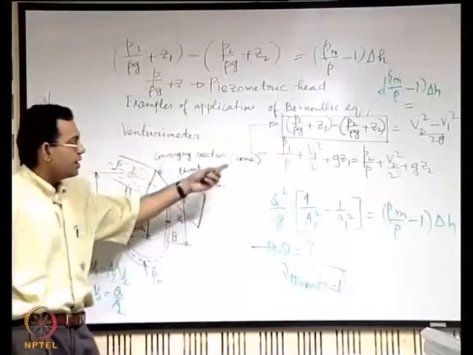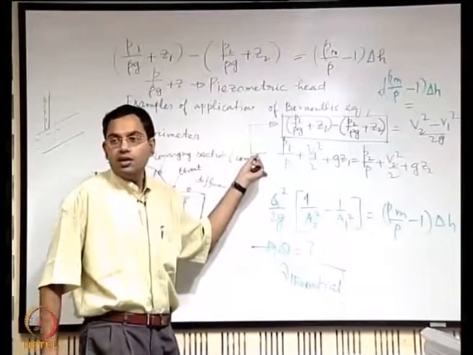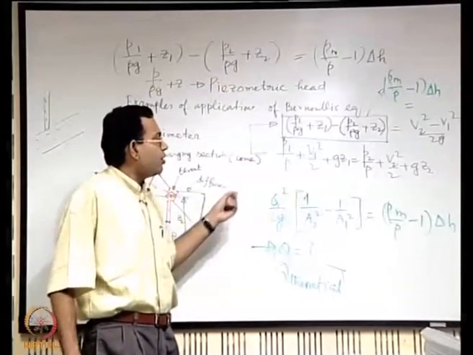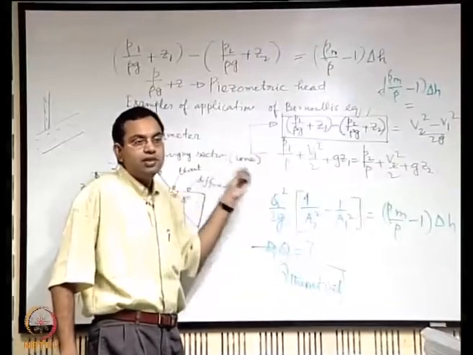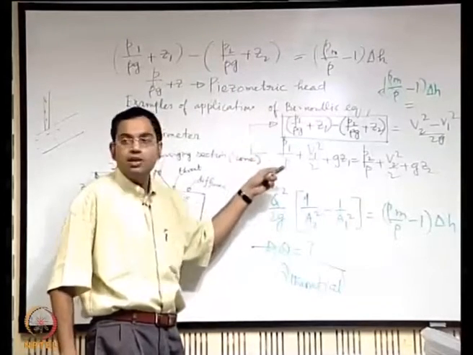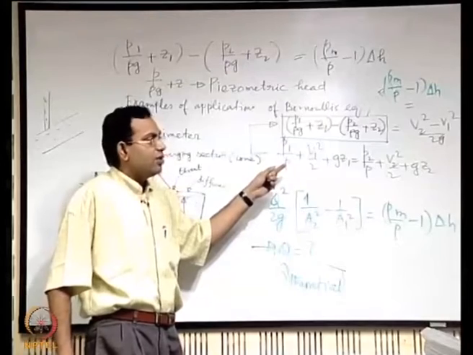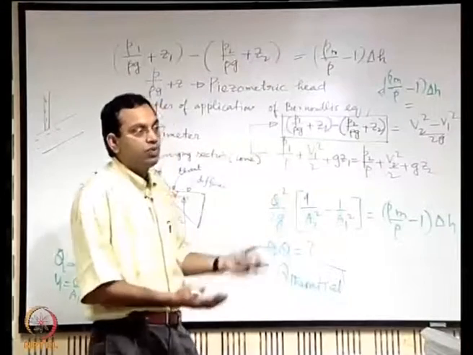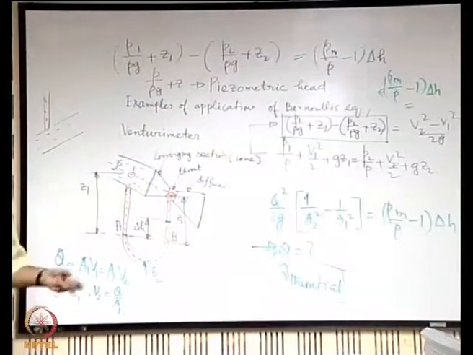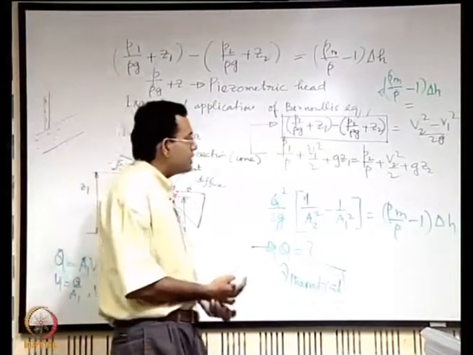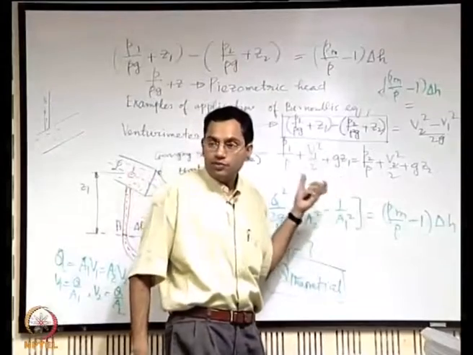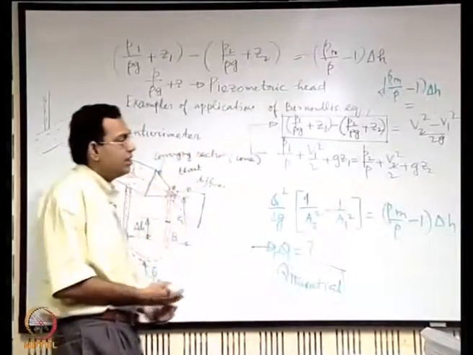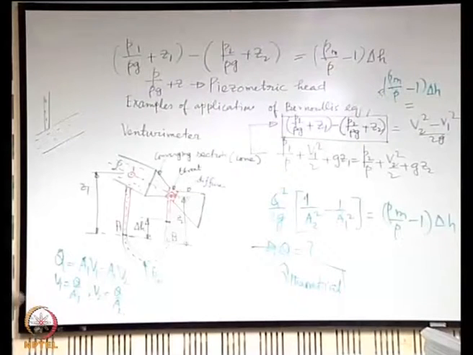The reason is that we have utilized an ideal type of equation. All the assumptions which are inbuilt with the Bernoulli's equation in steady form are inbuilt with this, and therefore all the idealities which are also inbuilt with this form of equation are assumed to hold. At the same time we understand that in practice such idealities do not hold true. What is the biggest deviation? In practice it is never a frictionless flow. So you have viscous effects, and because of the viscous effects quite a few things happen.